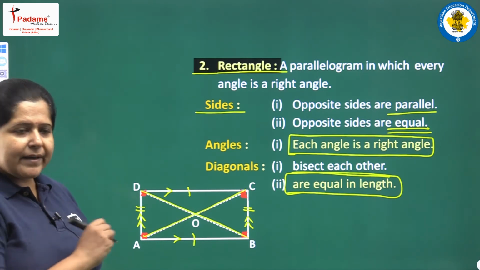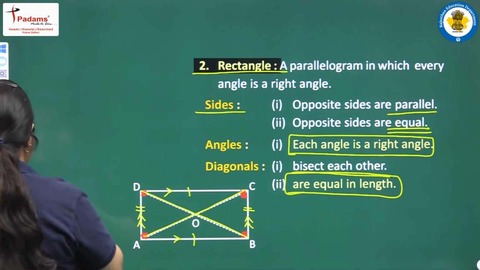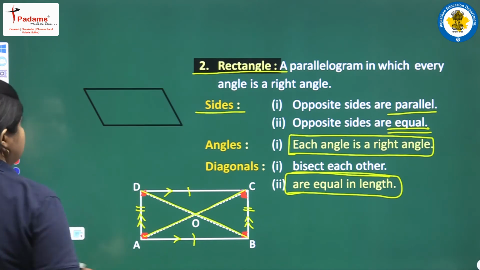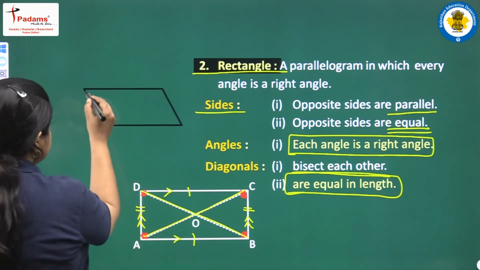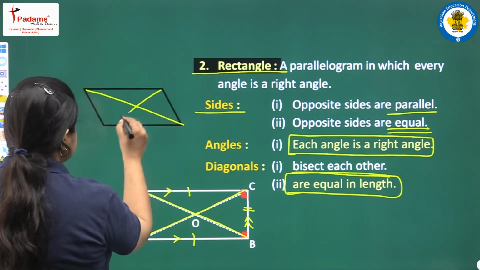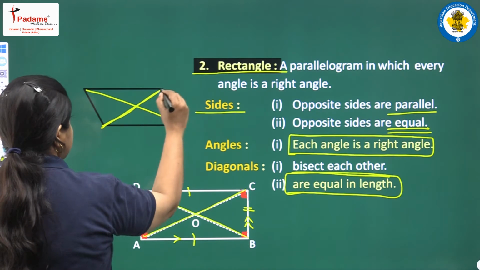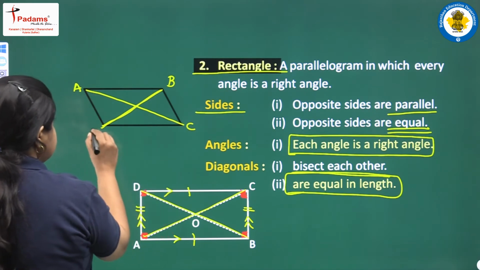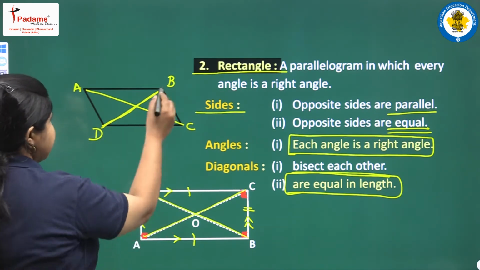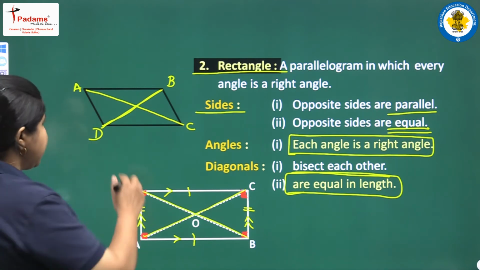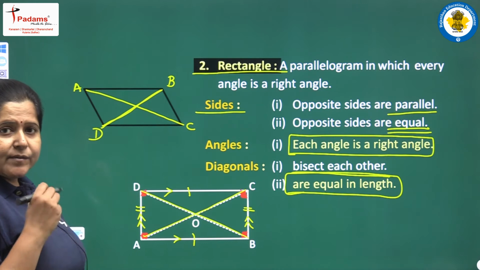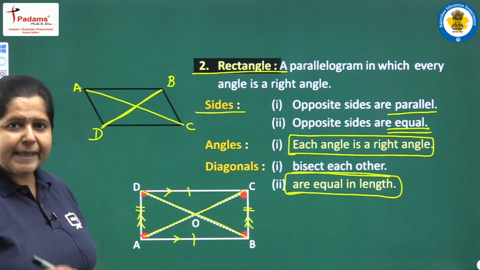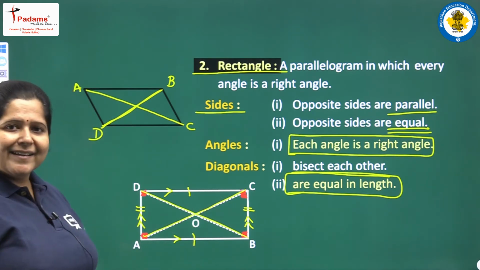At this stage, let me compare this rectangle to a general parallelogram. This is a general parallelogram in front of us. What we see here is, if I draw its diagonals, then these two diagonals are not equal. You can clearly see if I name it A, B, C and D, that this diagonal BD is shorter than this diagonal AC. The length of AC is much more than BD. So, in a general parallelogram, the diagonals are not equal, but in a rectangle, the diagonals are equal.